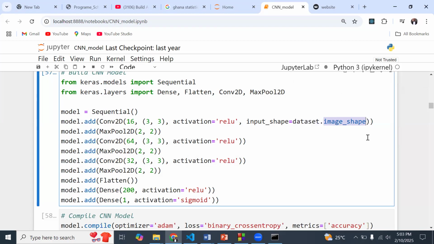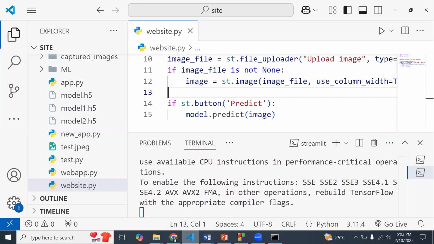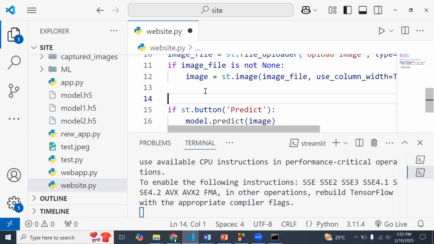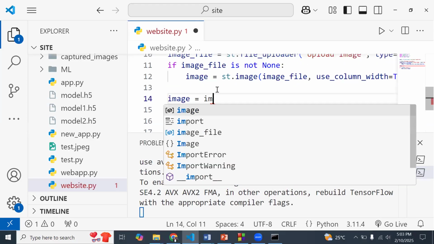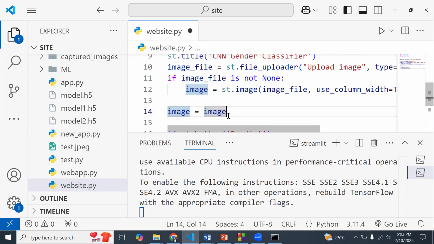So we have to make sure that we do the resizing behind the scenes, even before that image is sent for prediction. So we need to do that resizing. And not just the resizing, but let's say we start with image. This is going to be that image we have imported and have in here. And then we would want to do some conversion, but before we do, let me see. Okay, so this is that image we have over here.